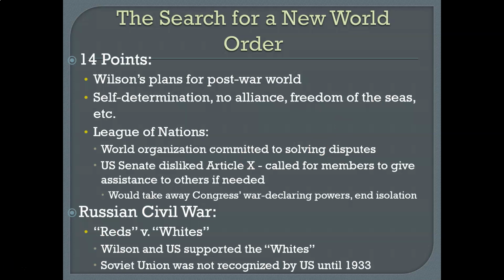So what I'll read you here is the two large combatant groups were the Red Army fighting for the Bolshevik form of socialism led by Vladimir Lenin. Okay, so that's the group that overthrew the Russian government and the Tsar. And then the loosely allied forces known as the White Army, which included diverse interests. Now, Wilson will not support or recognize the Soviet Union, and the United States as a whole will not recognize the Soviet Union, which is Vladimir Lenin's government, until 1933, which is interesting considering the fact that Russia ends up having to be a very vital ally during the war.